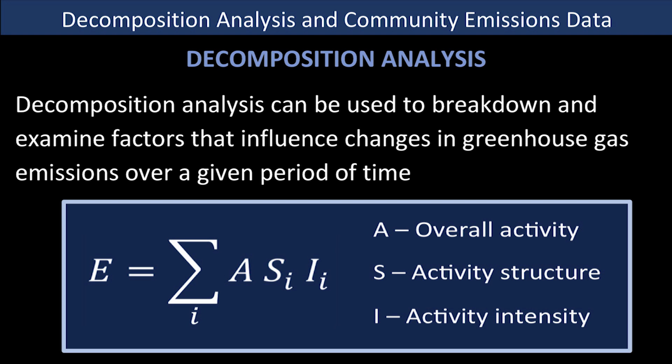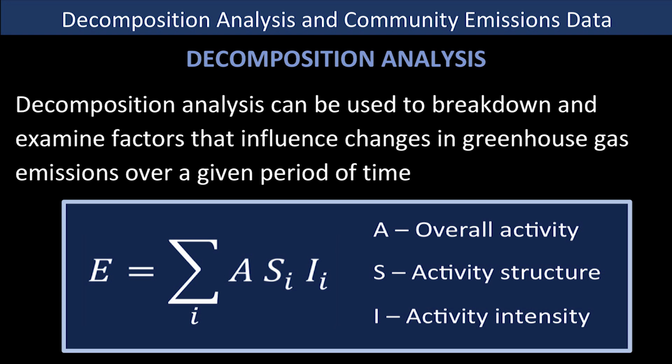A lot of decomposition analyses are done at the national level, and they'll look at energy and emissions for different sectors and industries. So giving that example, an overall activity factor would often be things like GDP. That would be an indicator of economic activity in different industries. Then you have a structure factor. What this will look at is the GDP for various industries, whether this is construction, agriculture, or forestry. So you're looking at the proportion of activity for the different industries and how that changes over time.